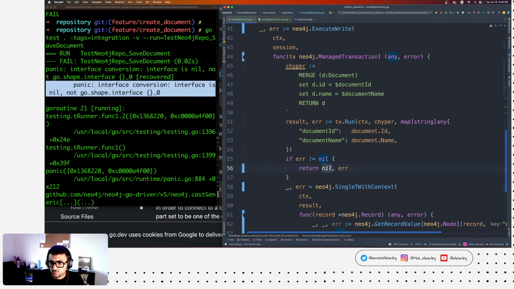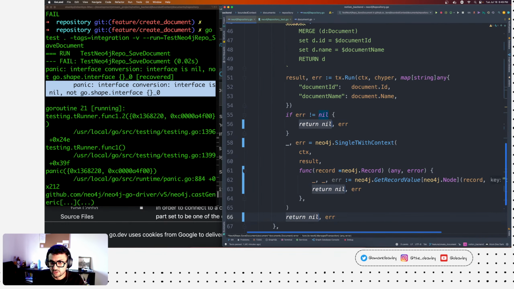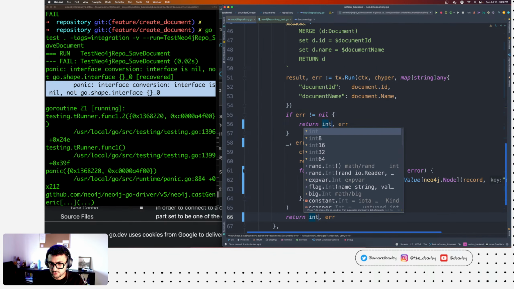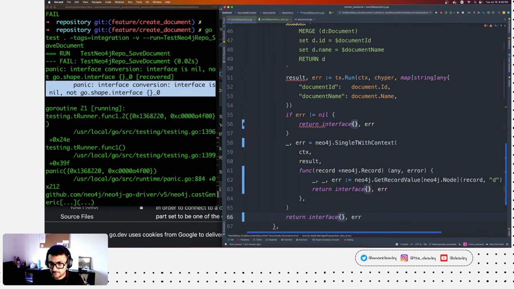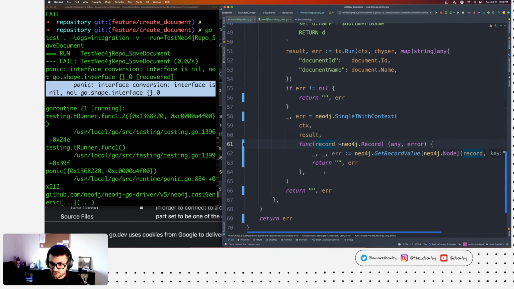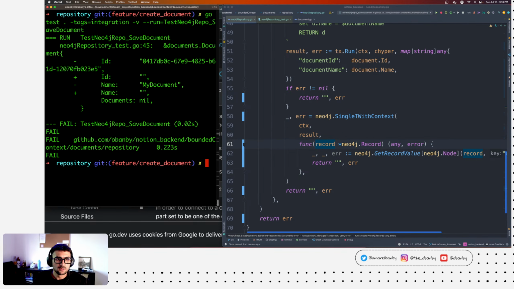So what about if we find the return null, and we return an empty string, for example. With this satisfied, it would.